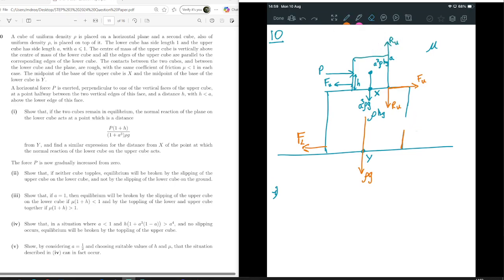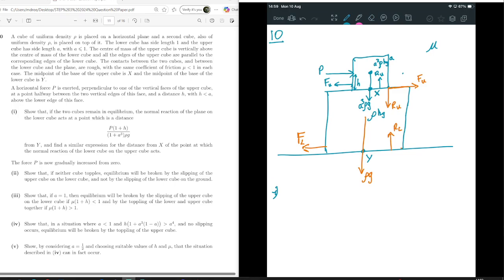So really when I drew this, we're asking where is it positioned? At what distance is it positioned from the Y? And find a similar expression for the distance from X of the point at which the normal reaction of the lower cube on the upper cube acts. So then similarly for this RU, that's going to be somewhere over here,